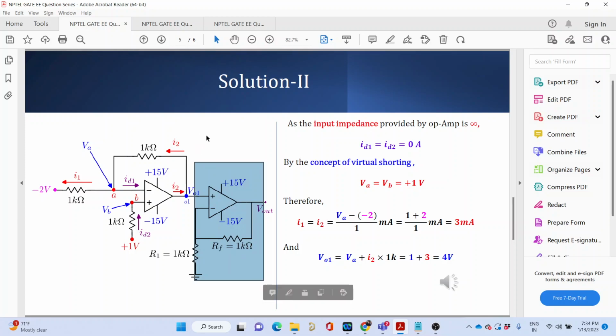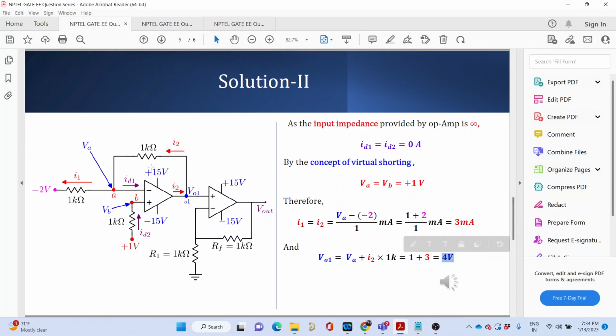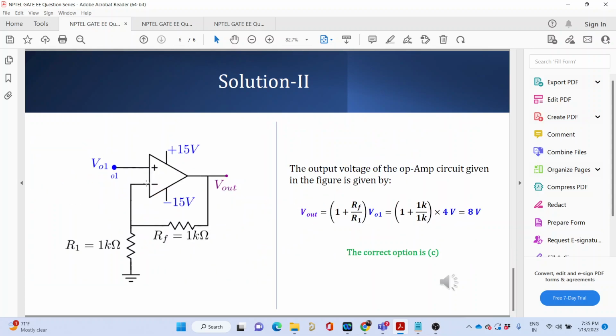Now we can just analyze this circuit. There is nothing much to it. It is just a negative feedback with the positive voltage applied at its non-inverting terminal. One important point again to notice: this 4 volt that you have got is less than plus 15 volt VSAT. So there is no question of saturation at all in this. So if that is the case, then let us look at the output voltage for this part of the circuit. This is a simple negative feedback op amp circuitry with the positive voltage VO1 applied at the